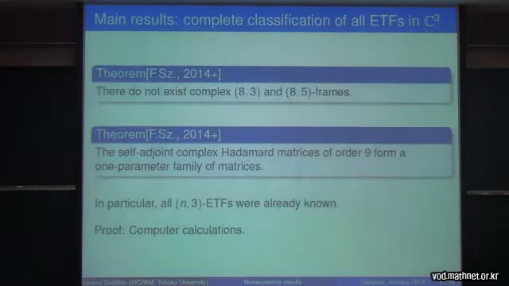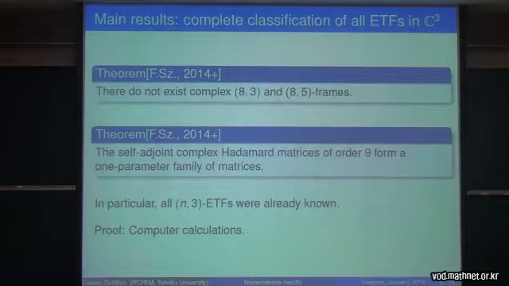Okay, so main results of today's talk. First, there does not exist 8-3 complex equiangular tight frames, and hence by Neumann complementation there doesn't exist 8-5 complex equiangular tight frames either. Okay, this is one result. The second result is that